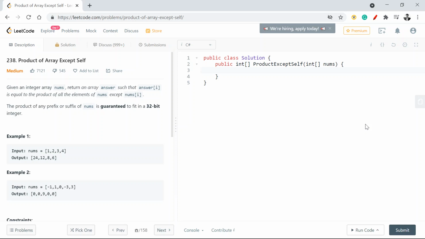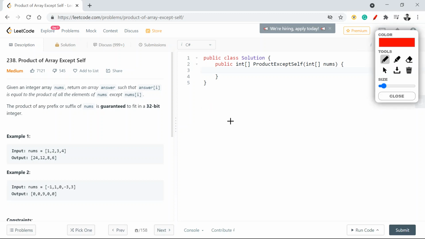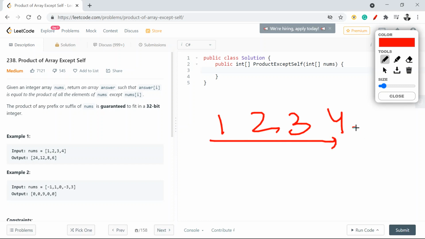Now coming to the solution, how are we going to have the solution in place? If I say 1, 2, 3, 4, let's make it very simple. What is the overall product of this? It is 2 into 3, which is 6, 6 into 4 is 24.